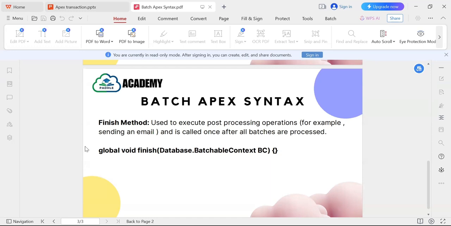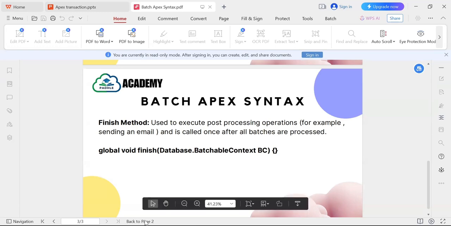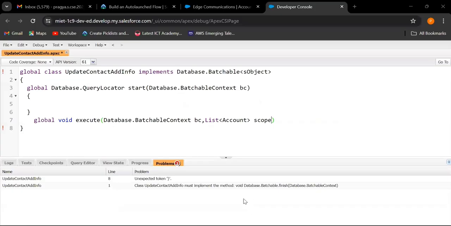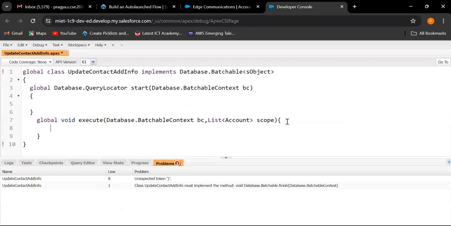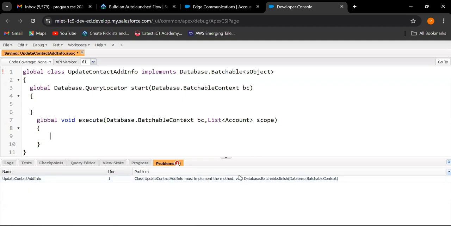So going back to the developer console here. Right now we have only one error. Let's save this. Now we only have the one error. So here I am going to say